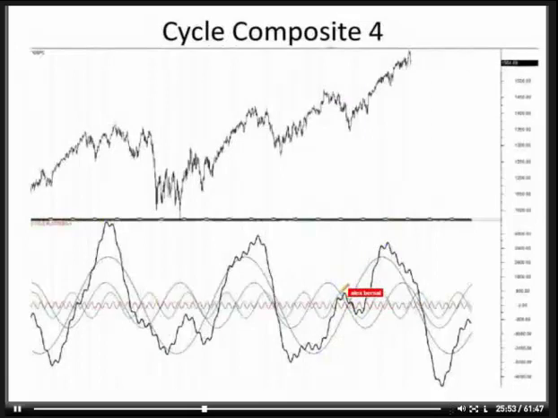And you could see we actually had this pullback zone in between by using less of a composite. You'll also notice that the peaks will actually shift back left and right based upon how many underlying individual cycles you're going to be adding to the composite. And this will actually affect your forecast because typically we look at the peak as being a possible topping zone, or the market should start to top near that peak, and vice versa for the bottoms as well.